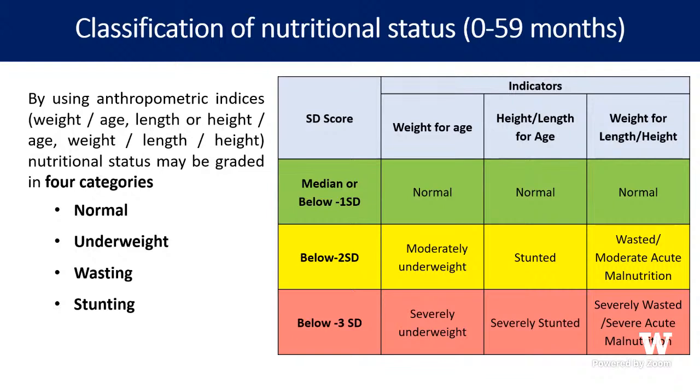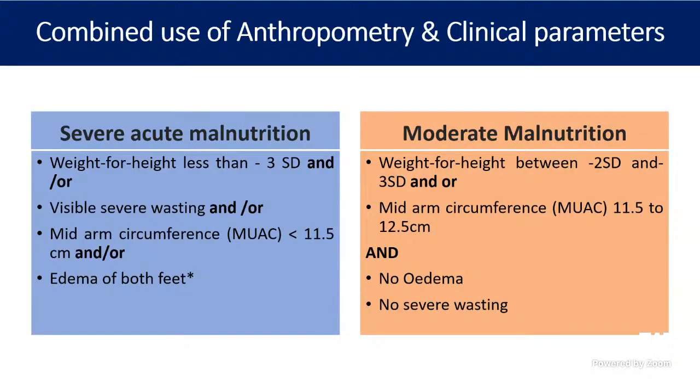Right? So whenever the child is visiting our center, we have to see the weight, we have to check the anthropometry, we have to see clinically also how the child is growing. So what all do we do: weight, height and mid-arm circumference also we will see. We will say severe malnutrition when the mid-arm circumference is less than 11.5 centimeters, and we see that the weight is less. What else can we see? We have to look for edema on both limbs.